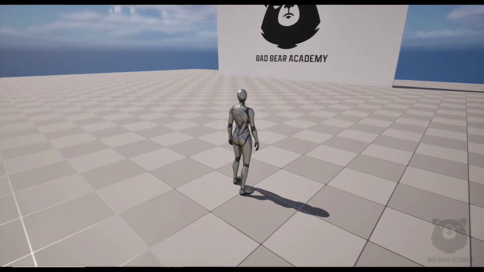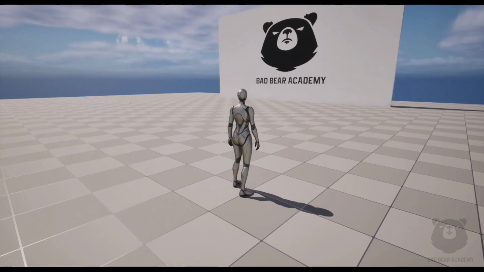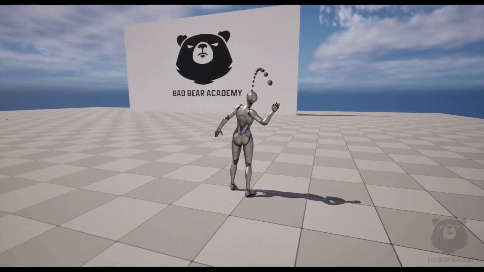Hello everyone, in this tutorial I'm going to show you how to create an object throwing system with a prediction path in